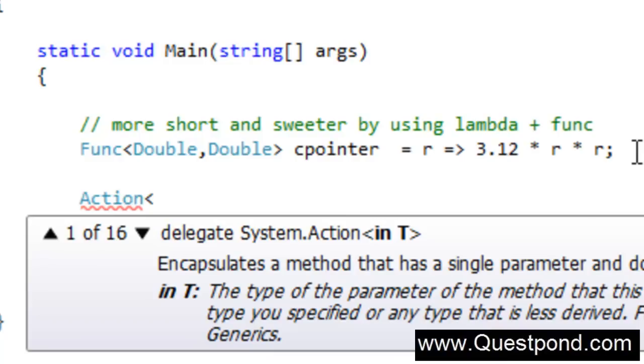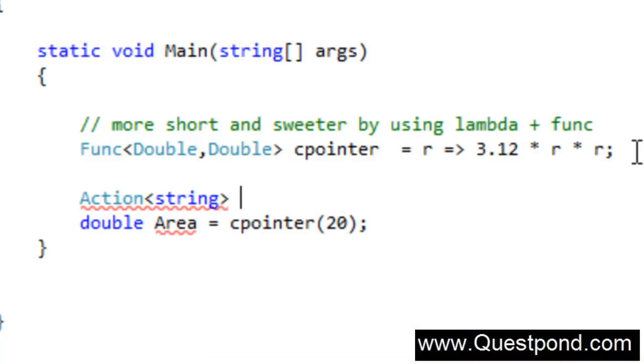In other words, the return type of those methods or functions is always void. So for those kind of methods and functions, we can use something called the Action generic delegate. What you can do is go ahead and create a simple Action delegate. For understanding purposes, let's create a simple Action delegate which takes up